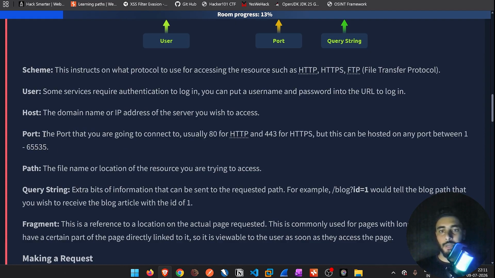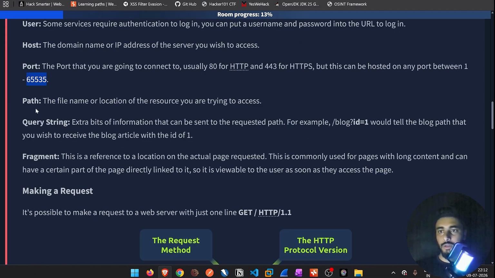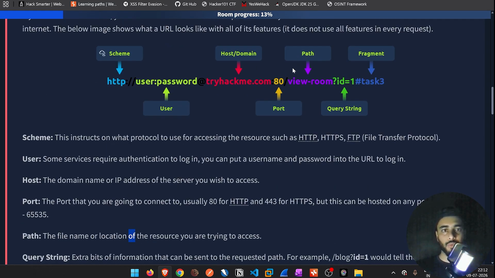तो यूजुअली हमारी जो वेबसाइट्स होती है वो या तो 80 के ऊपर होती है या फिर 443 पोर्ट के ऊपर होती है. ये ज़रूरी नहीं है क्योंकि जो एडमिन है जो कि जिसे भी अपनी वेबसाइट होस्ट करनी है वो 1 से लेके 65,535 पोर्ट्स के बीच में कोई भी एक पोर्ट चूज़ कर सकता है अपनी वेबसाइट को होस्ट करने के लिए. Now let's go further. The path, the file name and location of the resource that you are trying to access. तो ये पाथ होता है उस रिसोर्स का. जैसे कि मान लीजिए आपने इमेज सर्च करी है तो ये जो पाथ है ये उस इमेज का पाथ